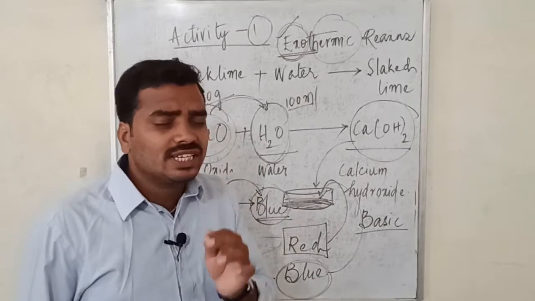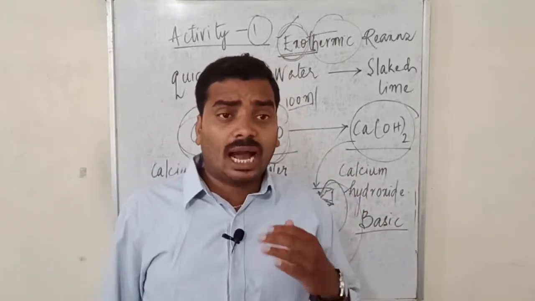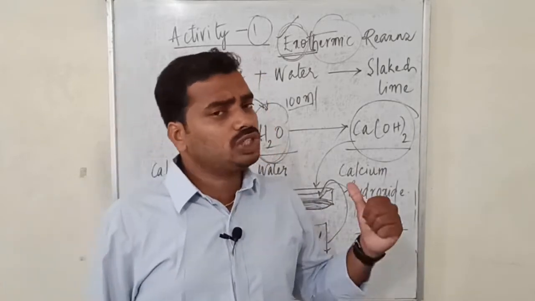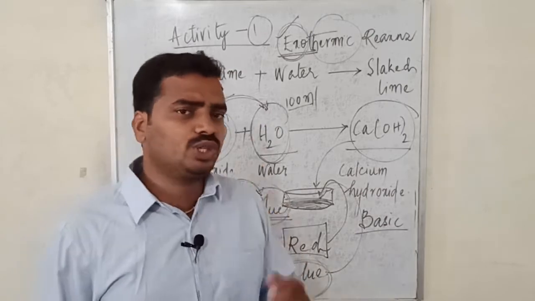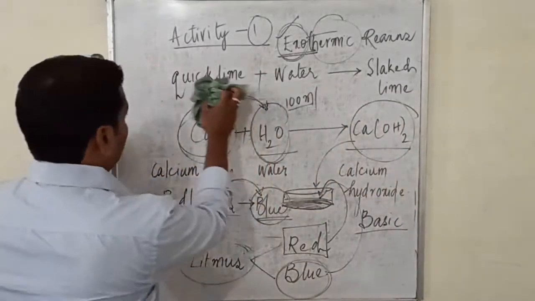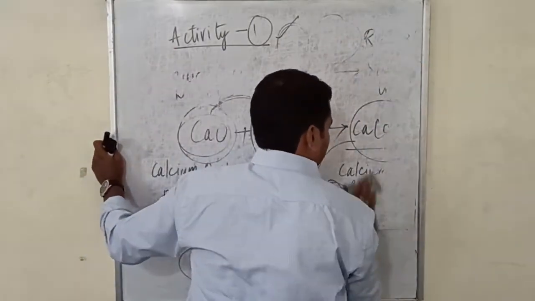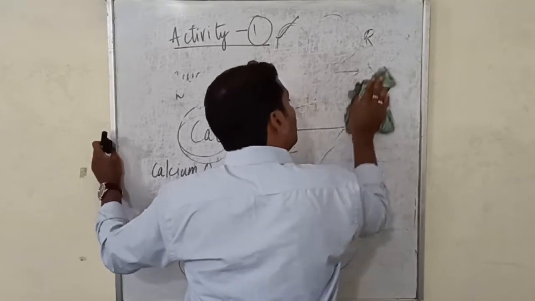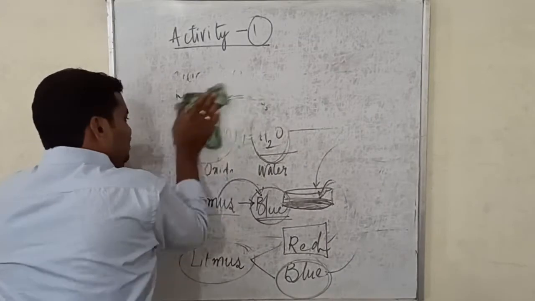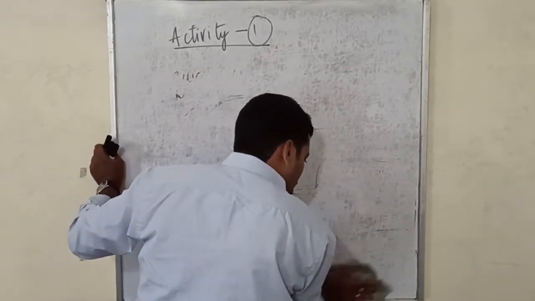Next I am going to discuss one of the most important types of reactions, that is the double displacement reaction. It is a very interesting reaction. We shall try to see what exactly happens in the double displacement reaction. So now you see, this is activity 2 of your textbook. In lesson 2 of your textbook, there is activity 2 which discusses the double displacement reaction.